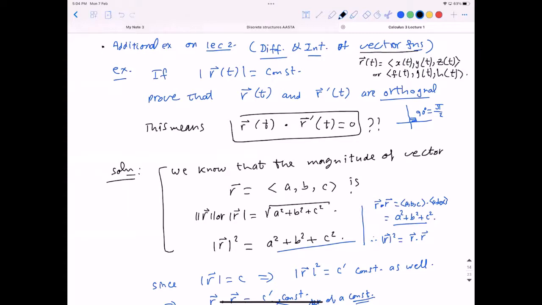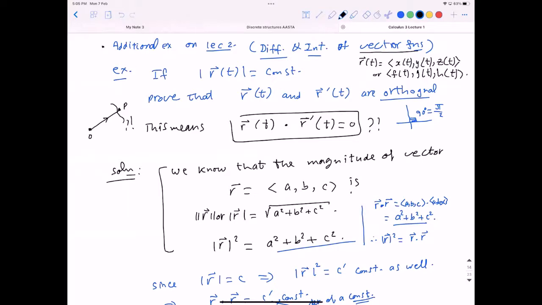The question says, if r of t, the magnitude of the vector r, is constant, whatever t is, the distance from the origin is the same. This is a point moving such that at every time it has the same magnitude, the same distance from the origin. The question asks you to prove,